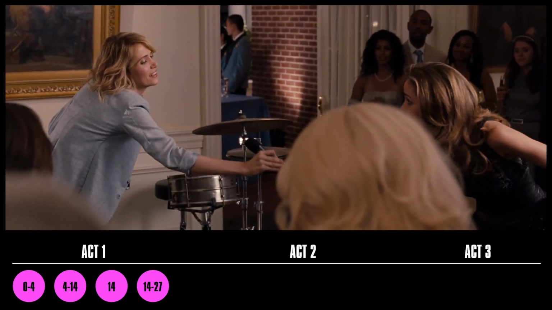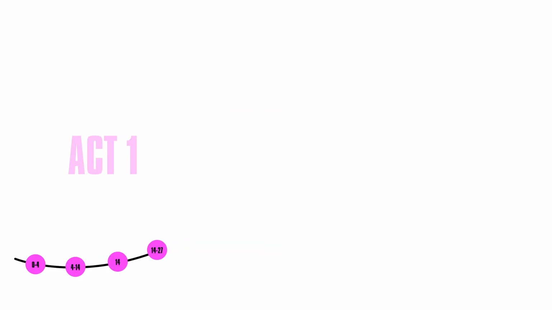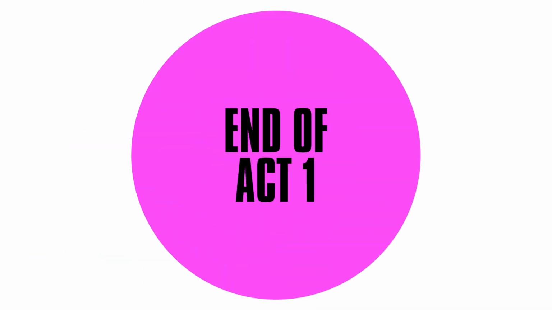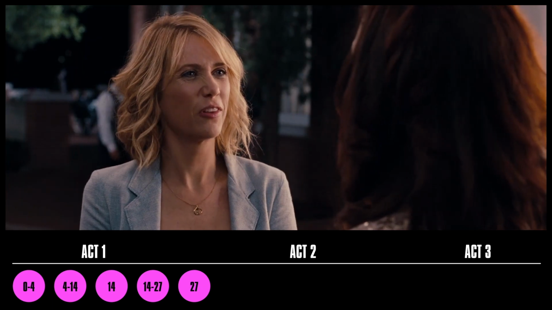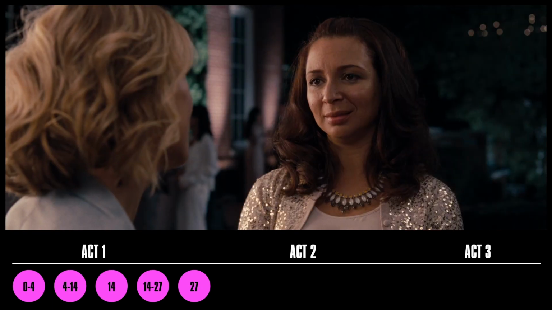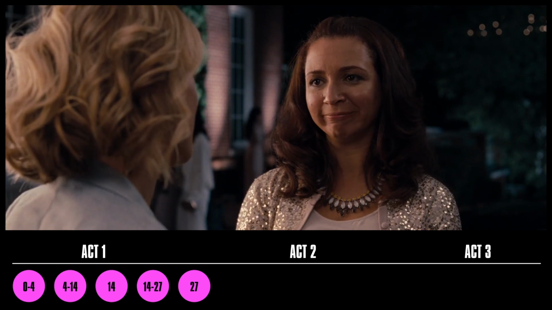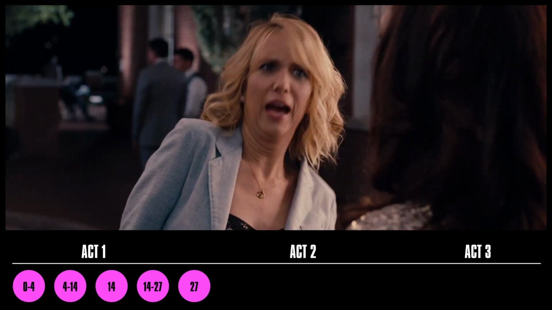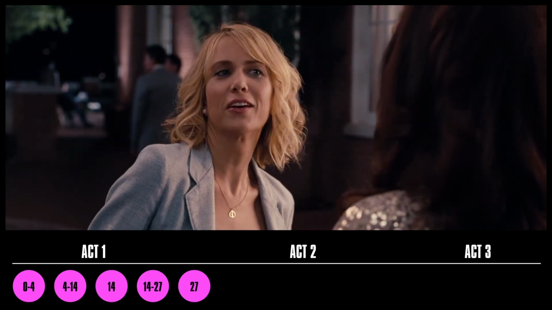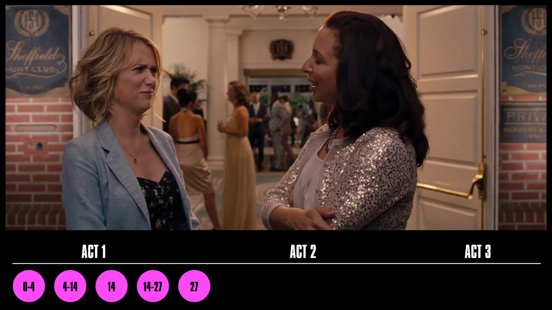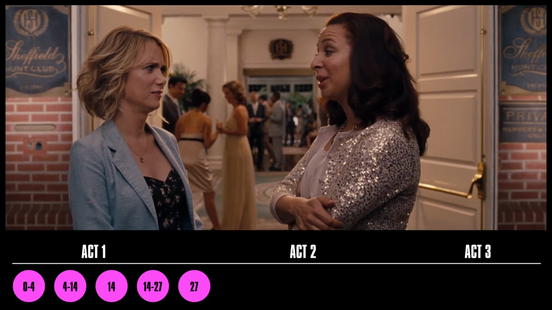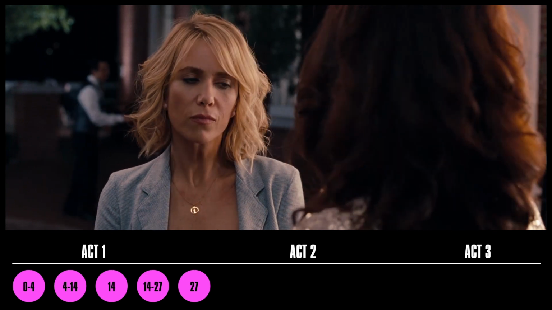Suffice to say, Annie's pretty outwardly threatened, and as the party comes to an end, Lillian pulls her to the side, bringing us right to minute 27, the end of Act 1. In a private moment between friends, Lillian asks Annie to get to know Helen and just be confident in herself. Of course, Annie says yes, and with this action, she officially accepts the universe's challenge. She will step outside her comfort zone and attempt to become the confident, self-loving maid of honor that Lillian so